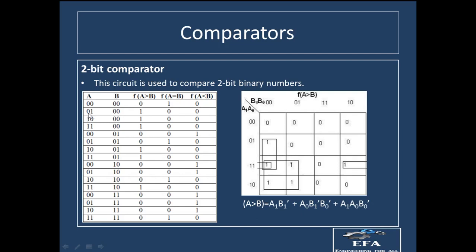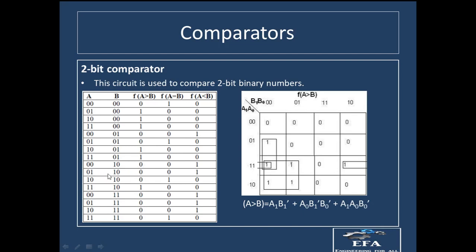Now in this position we are having 0 1 and this is equal to 0 0. So we'll be having A greater than B, right? So in this case A will be greater than B. So 1 will come here, rest both will be equal to 0. In this position also we are having A greater than B, so A greater than B equals 1, rest both are 0. And in a similar manner we have to fill this complete table, comparing both these binary numbers.